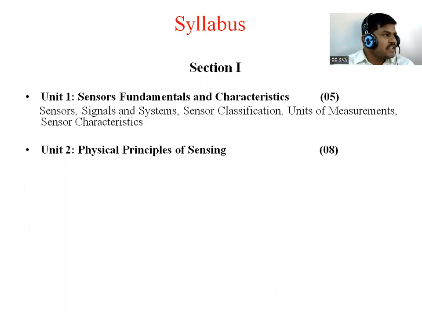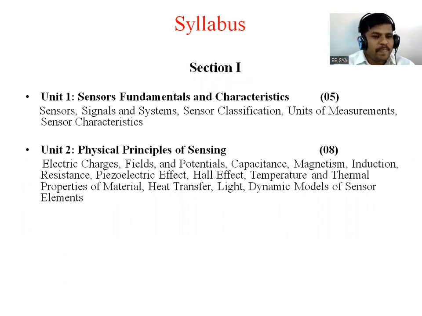That means a sensor senses on the basis of some physical principle. We want to understand the physical principle. These are all basic terms. First one, electric charge. You people know electric charge. Based on that electric charge, a sensor can sense. Similarly, field, that is electric field, magnetic field. Then what is the potential? Then a capacitive type of sensor works on the basic principle of a capacitor. So that capacitance, then magnetism, induction,